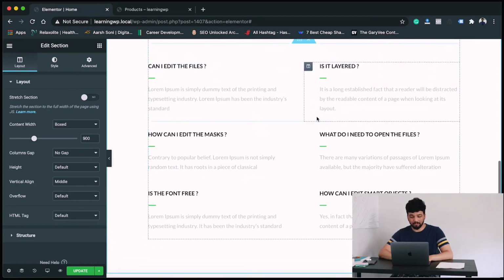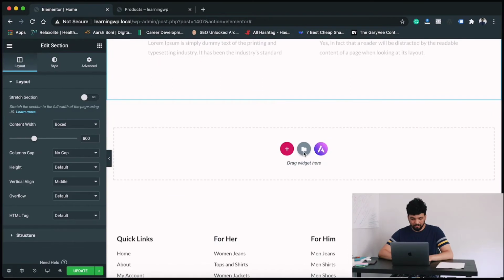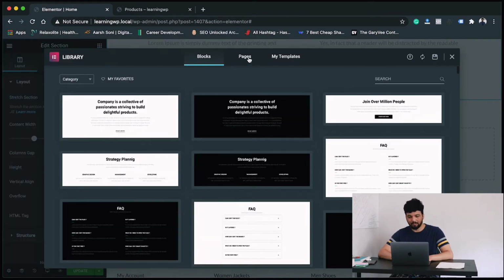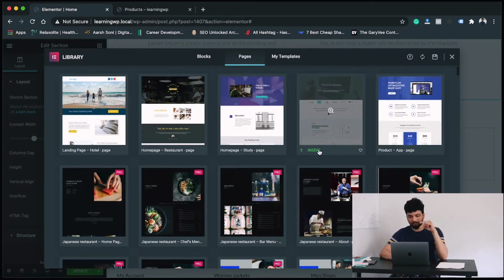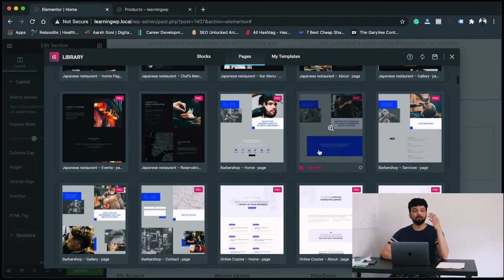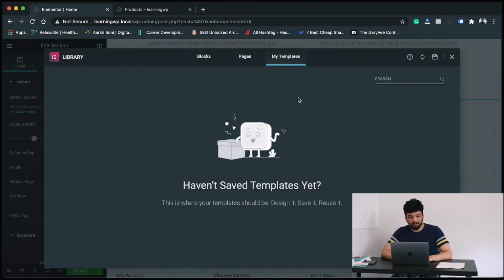Same way if you want to insert a completely different page, go ahead and click files and pages. You can select any of these pages. Remember, the pro version is a paid version. You can select the free versions. So let's say we are doing this page for the home page, and you have 2 more pages in your website, you can create new pages from here. And if you want to change your template, it has an option too, but just because it's a free version that we are using, it won't allow us to have a template.